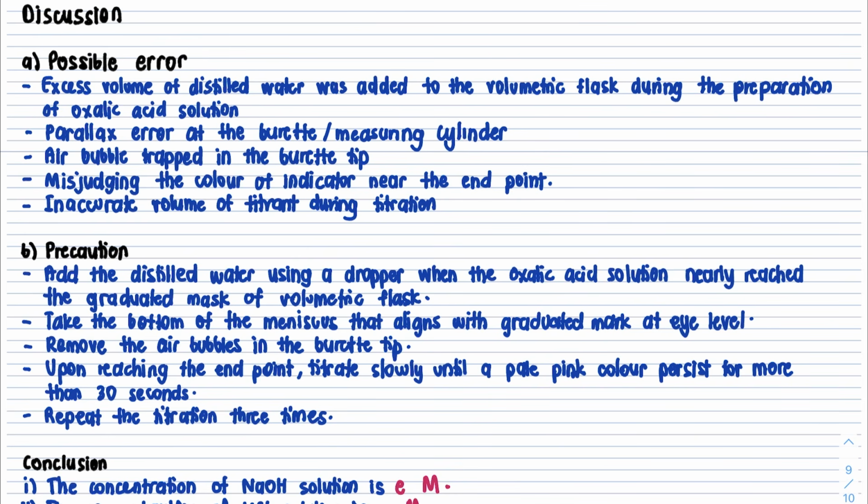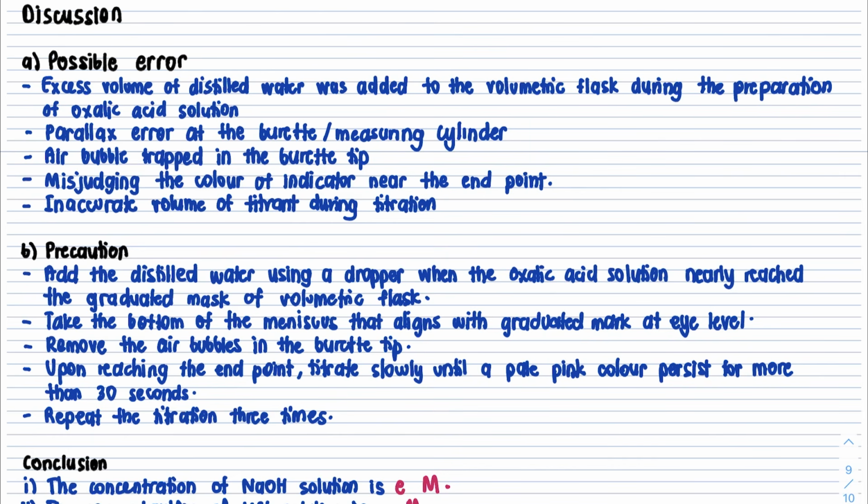Okay, next is air bubble trapped in the burette tip. So when you're doing the titration, apa yang jadi sebenarnya kat bawah ni, it could be ada air bubble drop here lah. So to overcome this error, we remove the air bubble in the burette tip. Sometimes you just can jentik dia, or you just let the solution run lah, and then you can add in the solution again into the burette,